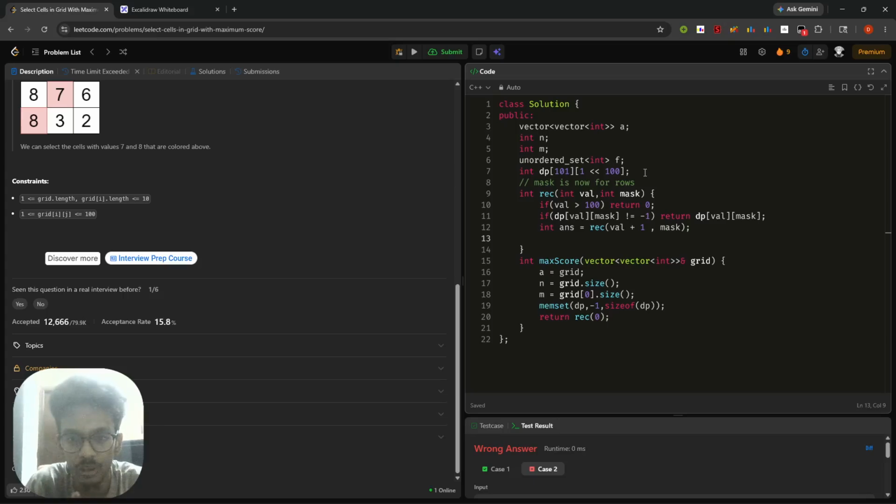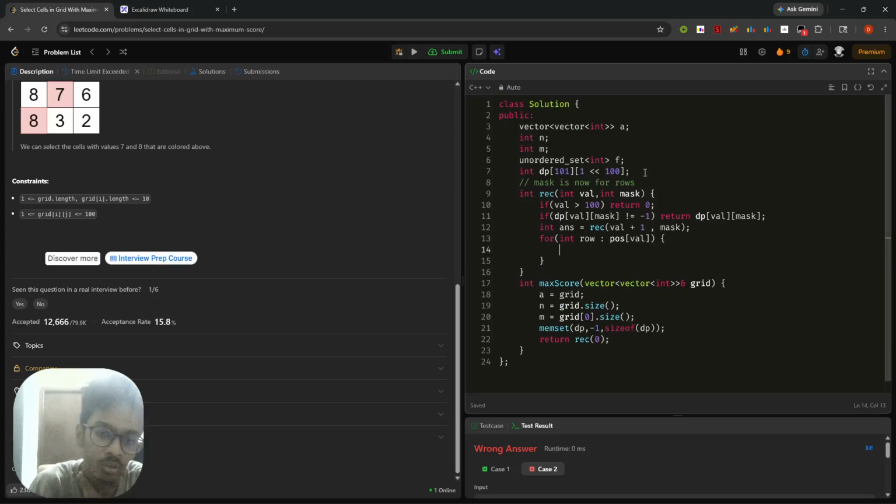Now, instead of iterating upon the columns of a row, you need to iterate on the row. Let's take position of val. What does position of val do? Position of val would store all the positions, in which row it appeared, and